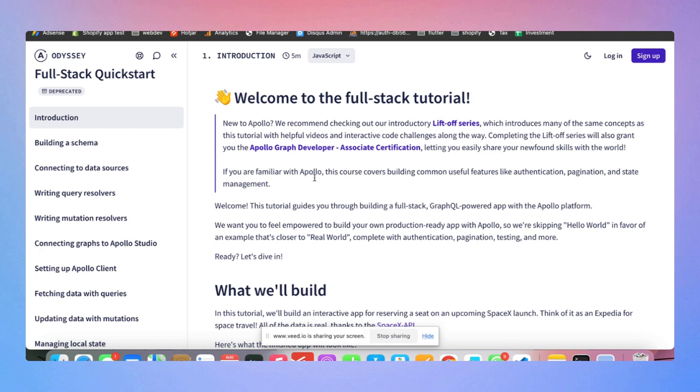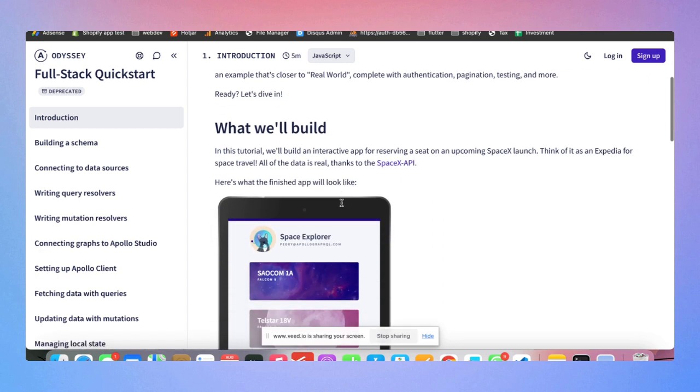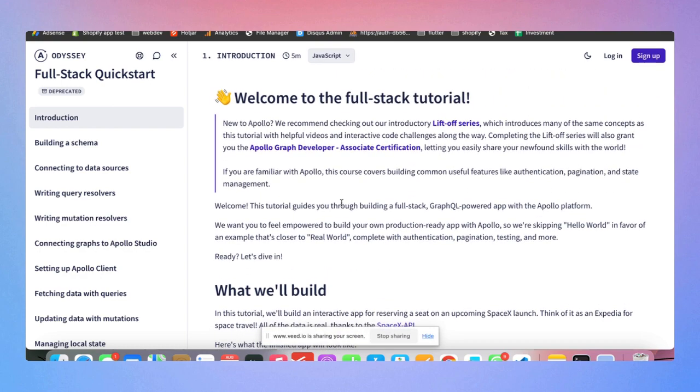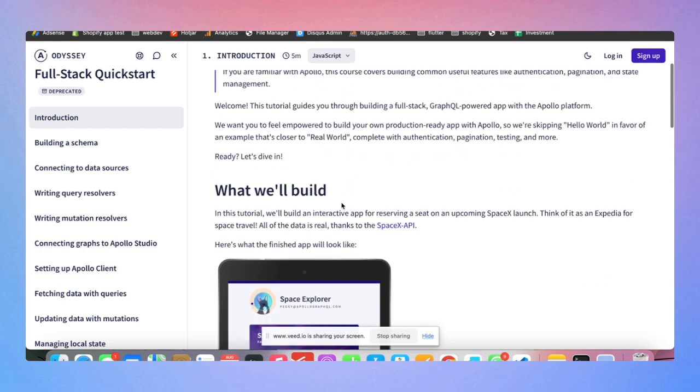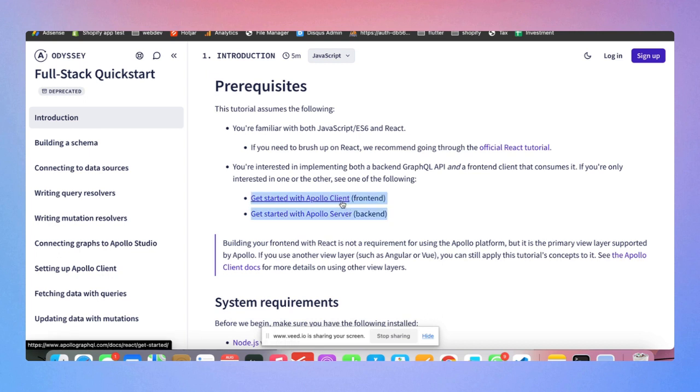But before we get into the whole ecosystem of Apollo, there are two things you need to understand while creating a full stack application: the Apollo Client and the Apollo Server. In this video, we will be talking fully about Apollo Server, because that is what we need to make